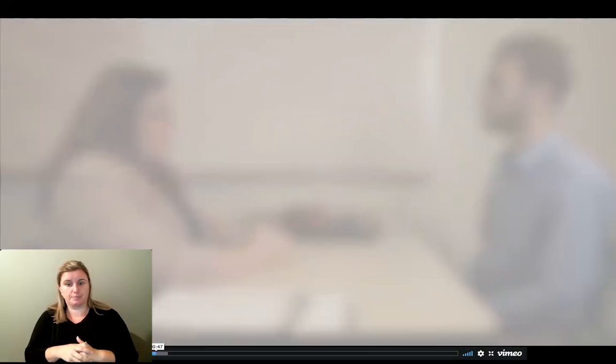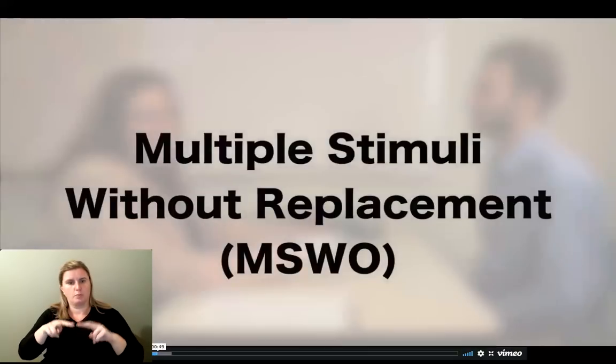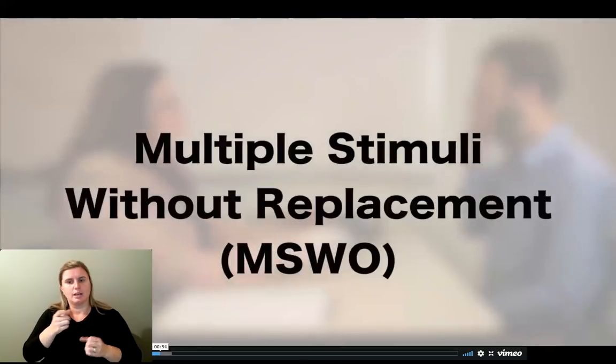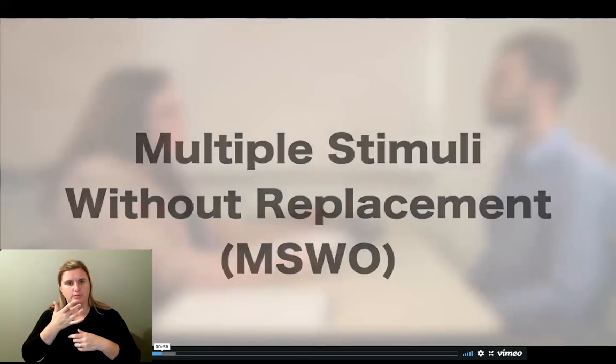Here, a supervisor is using BST procedures to teach a supervisee to conduct a multiple stimuli without replacement preference assessment. Preference assessment procedure called multiple stimuli without replacement, abbreviated MSWO. You may have seen others do this assessment or attempted to do this yourself in the past, but today I want to solidify your skills by teaching you the exact steps so that you may conduct it fluidly with clients.